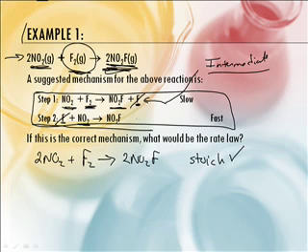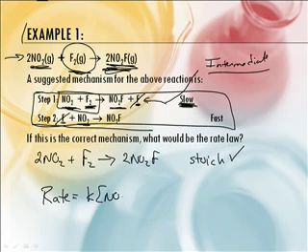But there are two criteria to determine if it's a plausible mechanism. So let's see what the rate law would be for this. You always go with the slowest step. So the slow step is step 1. And what are you waiting to happen in step 1? We want the NO2 to collide with the F2. So the rate is simply going to be k times the concentration of the NO2 to the first power, because you're waiting for that,